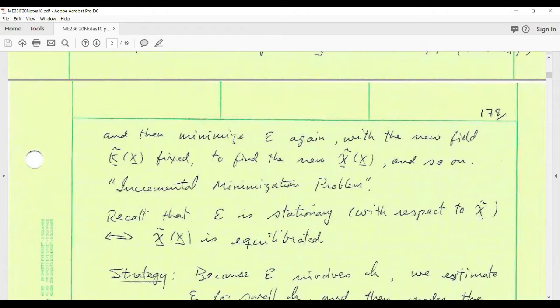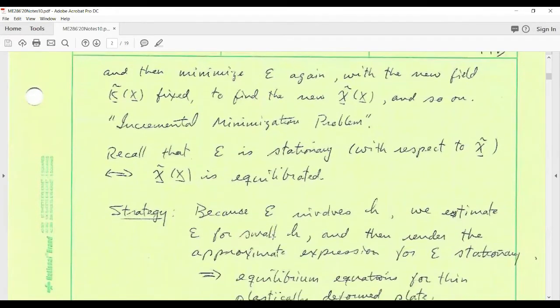So the procedure then entails rendering the potential energy stationary with respect to the deformation, because when the potential energy is stationary, that's also known as the principle of virtual work or virtual power, or the weak form of the equilibrium equations. That's the necessary and sufficient condition that the deformation